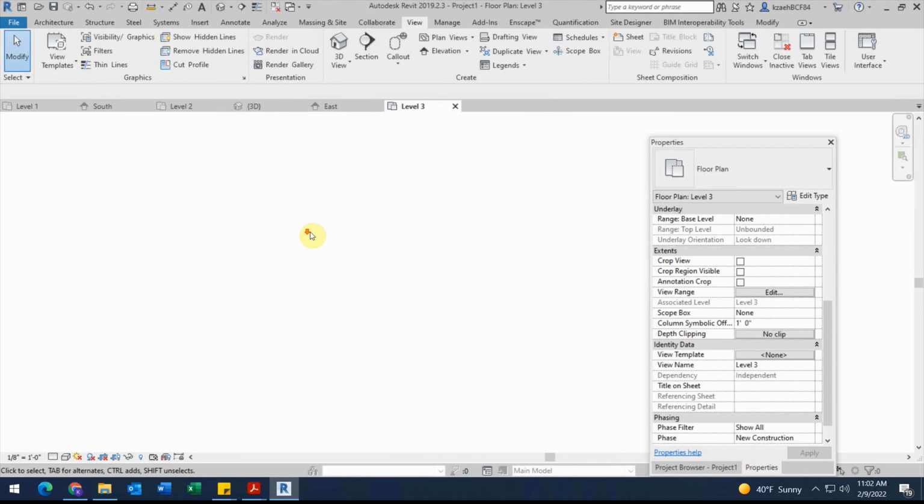So the problem with being on level 3 is I can't see where anything else is right now, so I need to put an underlay on so I can find it. So if I come over here in properties,